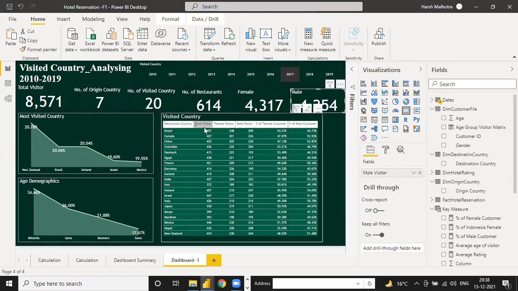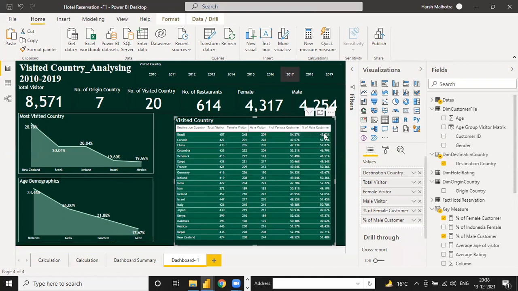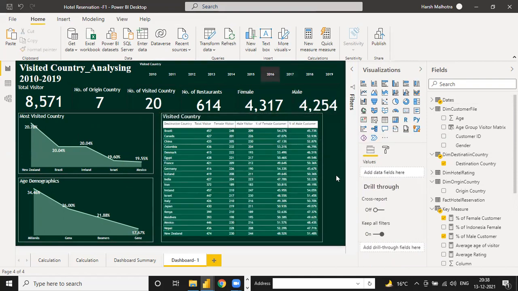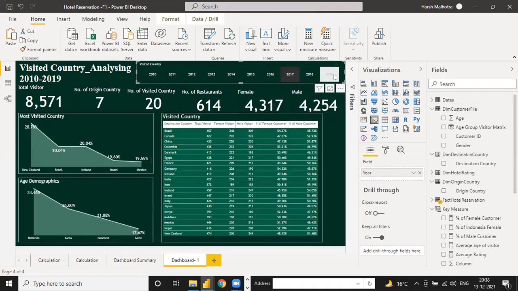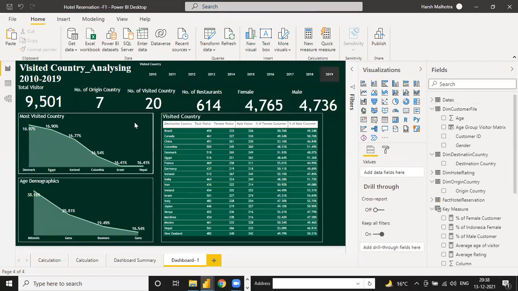See, in Brazil you have 457 visitors, 248 female, 209 male, and this is the percentage value given. If you go to 2016, the value changes together automatically. 2017, 2019, like this you have to make it for other countries too.